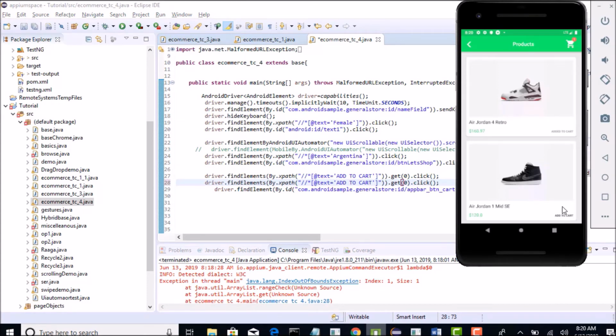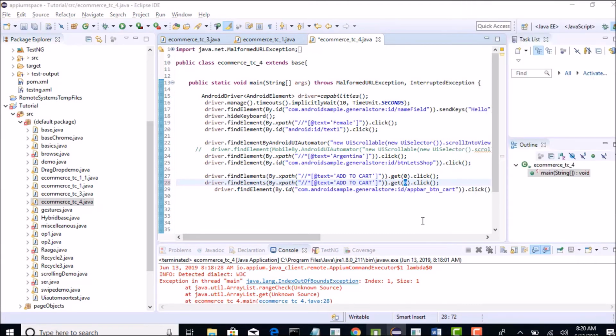But we are assuming that this is valid as it was before clicking on add to cart. In this case there are two items, 0th index, first index, but after clicking on the 0th index, this array value decreased, right? And now when you again try XPath add to cart, there is only one item, and if you want to click on this, you have to again make it 0, isn't it?